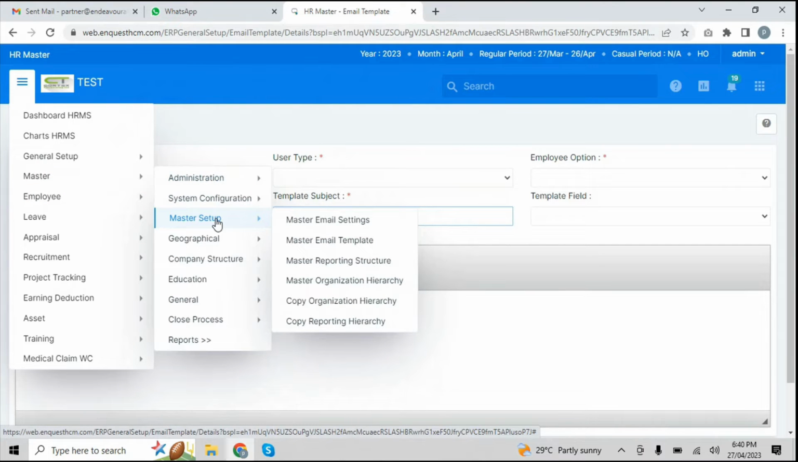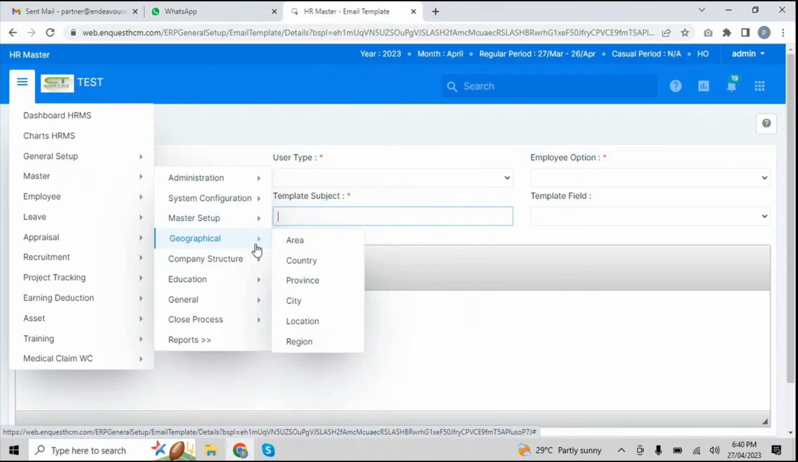After creating email templates, we can see the reporting structure, whom we need to report to. Also, we can set the organization hierarchy, branch office to head office, etc. And also we can copy the organization hierarchy or manager reporting hierarchy to different organizations. After master setups, we have a geographical master where we can add the area, country, state, region, and also we can add the